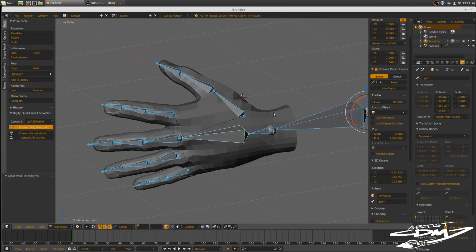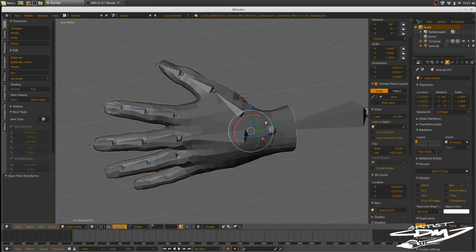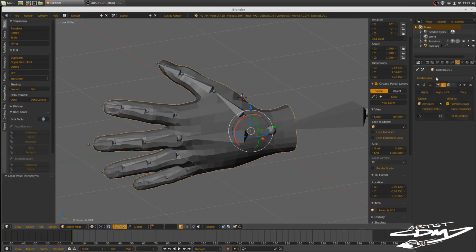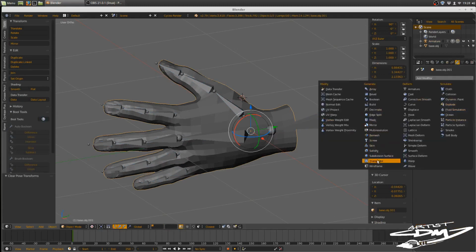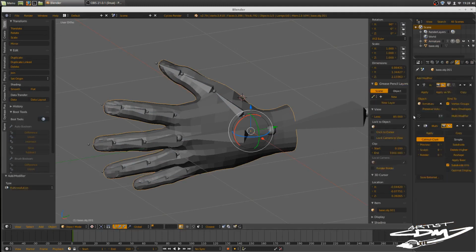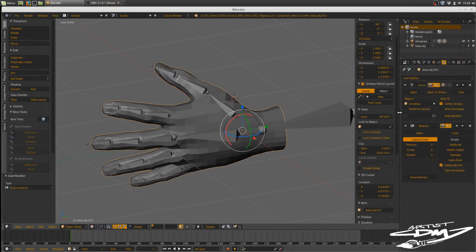Okay, now we are finally to the point where we can do something better than just rigging. We're going to add a multi-resolution modifier to this thing that we're going to make into a glove. We need to turn on preserve volume, because that way we don't get a lot of flat spots. Or at least ideally that's the way it's supposed to work. We still have to subdivide. I get to 4 here, but